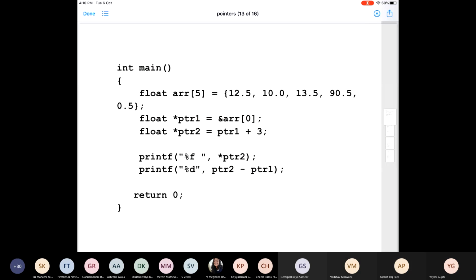Okay. These are a few questions I have picked up from past GATE exams. Generally, if you give an interview for any company or any competitive exam, pointer questions are definitely there. Can you think of the solution to this? What is happening here? Can you tell me line by line what is happening in the memory?